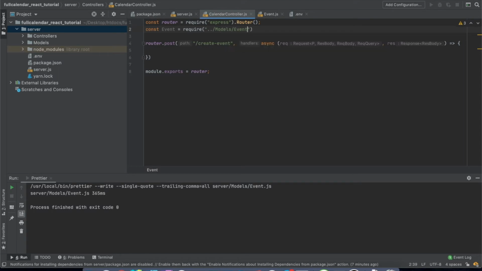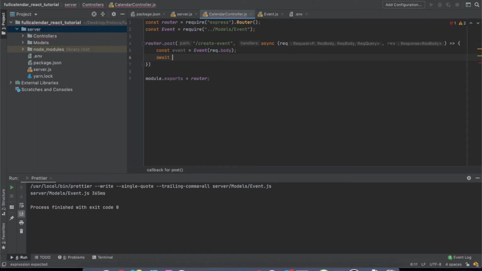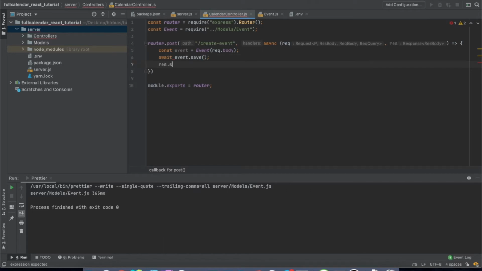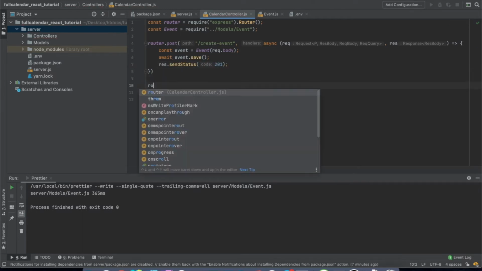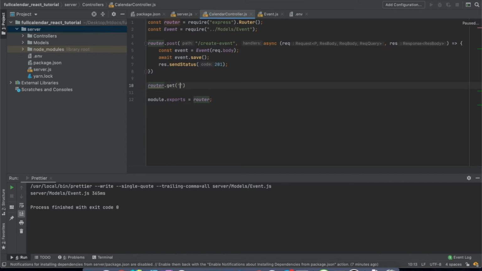And here in calendar controller we will say Event equals require models Event, and here we'll say const event equals new Event, and this will take req.body, and we will await event.save and res.sendStatus of 201, and then we'll have router.get events,